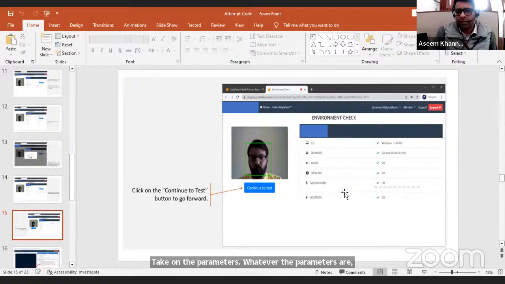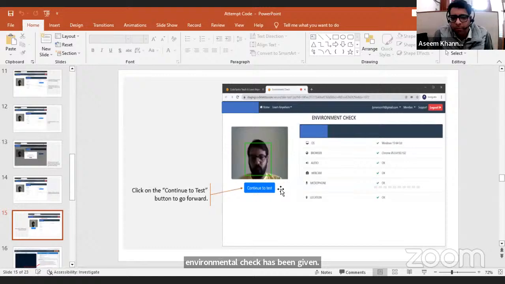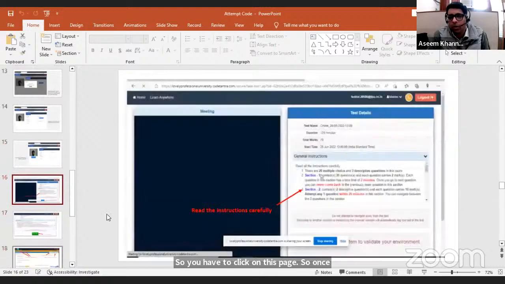Once all these things have been done and the environmental check has been given okay, a button will be enabled below your picture, that is continue to test. You have to click on this button so that you can be redirected to the exam page. Once you click on it, you will be redirected to the page on which you are going